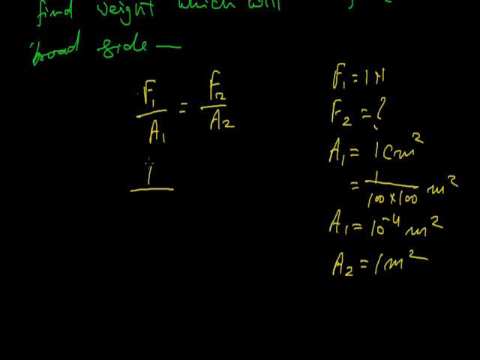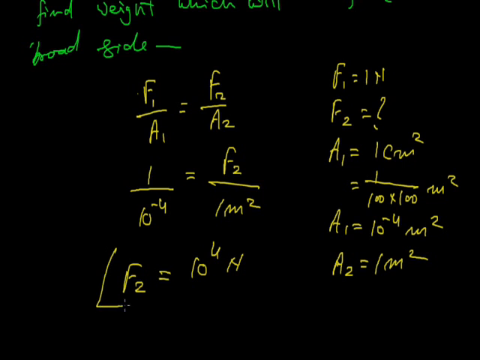Now F1, 1 Newton, upon A1, 10 to the power minus 4, equals F2 to be found upon A2, 1 meter square. Now F2 will be equal to 10 to the power 4 Newton. It means when we apply a force of only 1 Newton at the thin arm,